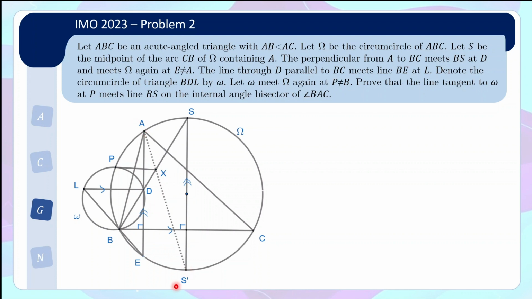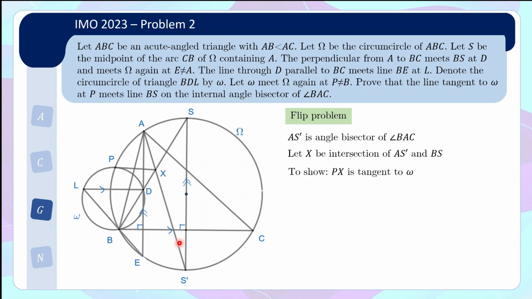Now this is actually quite hard to prove because X is defined in terms of the tangent, which is sitting in the middle of nowhere, and showing collinearity is in general not so easy to prove. So instead we'll flip the problem around. We'll instead say we have the angle bisector AS prime and we define X to be the intersection of AS prime and BS, and then prove that PX is tangent to omega. So notice X now, I define it to be this intersection, and then I have to show that PX is